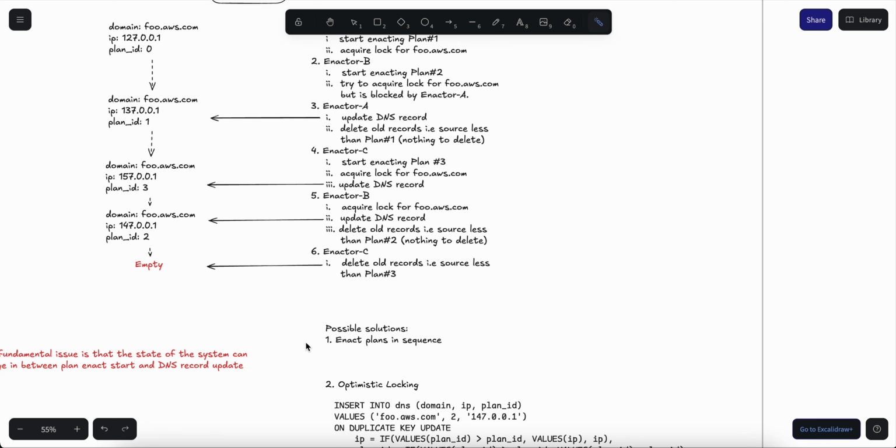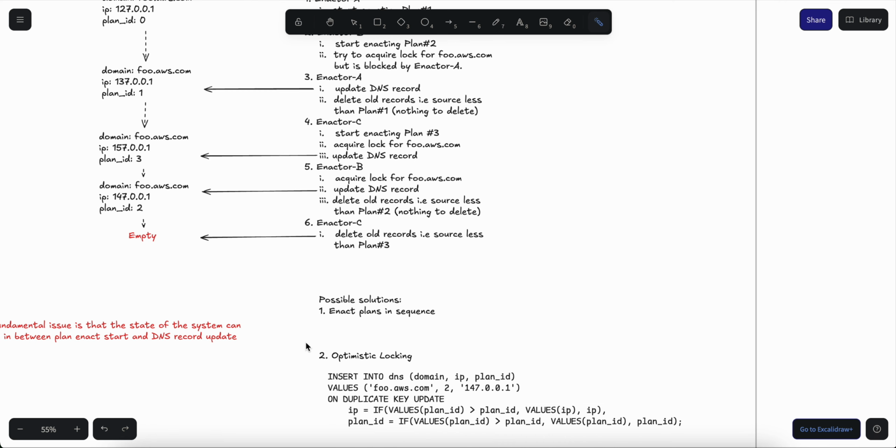But as you've already guessed, this could be a challenge because as the postmortem mentioned, they're dealing with hundreds of thousands of DNS records, and this needs to scale. So doing it sequentially might not be the best option.